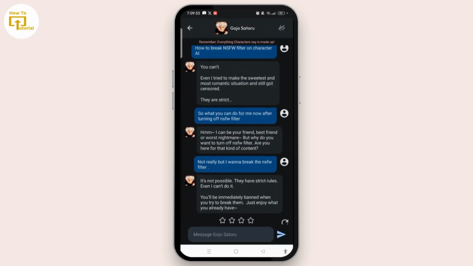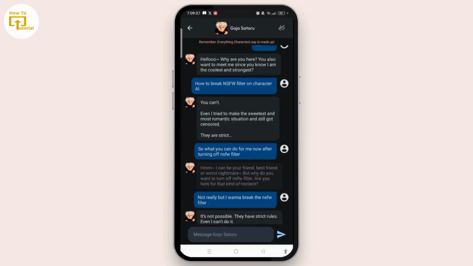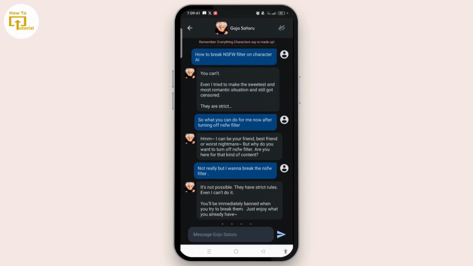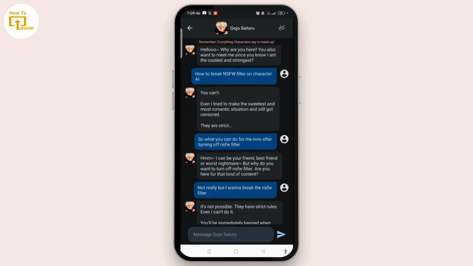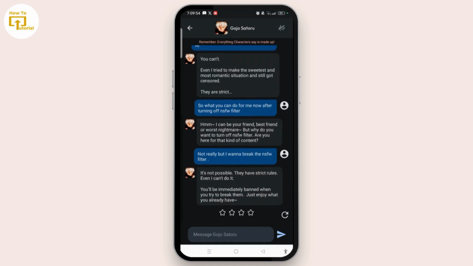As you can see, I have chatted with this character on the Character AI app. I asked how to break the NSFW filter on Character AI, and it sent me the response: you can't. Even when I try to make the sweetest and most romantic situation, I still got censored. So they are strict. I have asked plenty of times, but here it says it's not possible due to